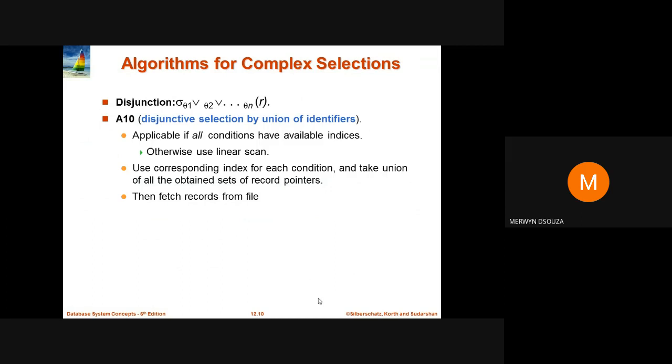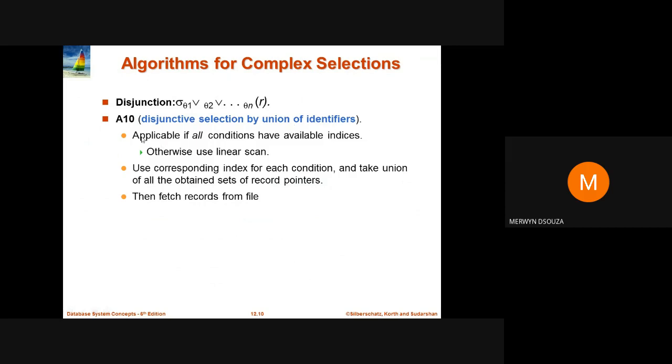The next type of complex selection is disjunction, or the OR condition. So we want to apply an OR condition of this type: select theta 1 or theta 2 or till theta n from the relation R. Then we could apply an algorithm where we use a union of identifiers.